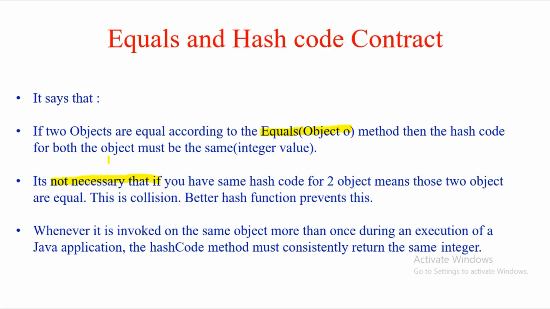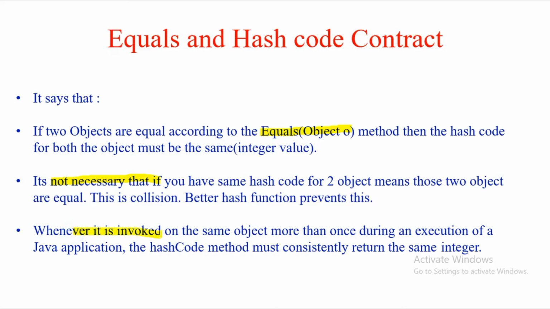So if e1 and e2 have the same hash codes, it doesn't mean that e1 and e2 are the same objects logically. This is nothing but a condition of collision, when your hash code function generates the same hash code number for two objects. So it is better to use a better hash code function to prevent this collision. These two things are clear to us: if two objects are equal by equals, then for sure the hash code should be the same, and if the hash codes are the same, it doesn't necessarily mean the opposite is true, that is, that they are equal for sure.